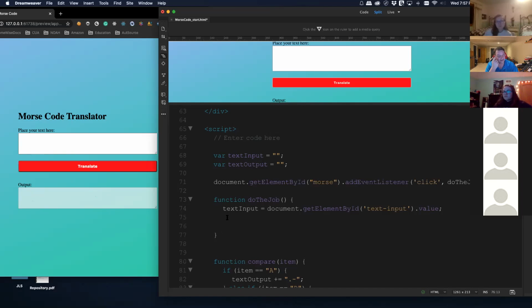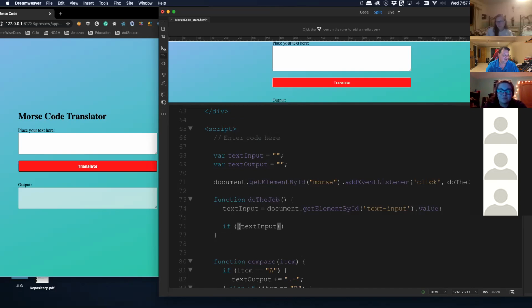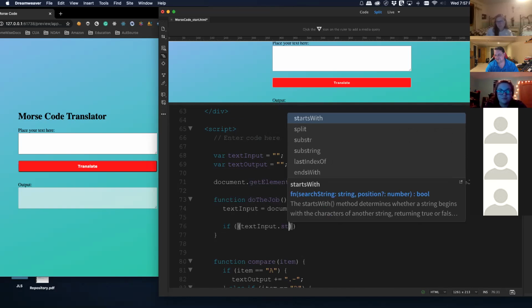And it is a not very solid test, but at least we're testing it. So with an if statement. So if, and here we need 2 for the parameters because we have to check 2 things. So if text input starts with,